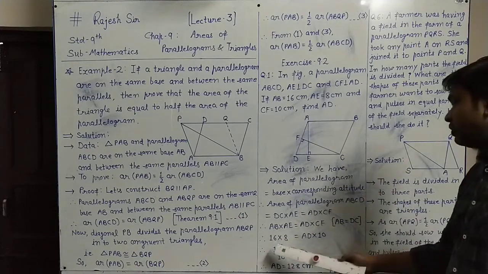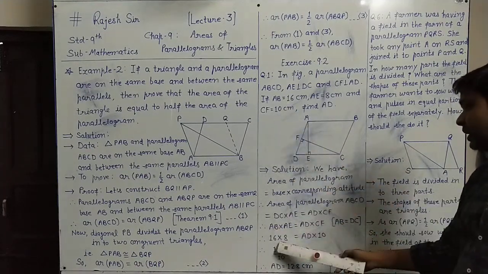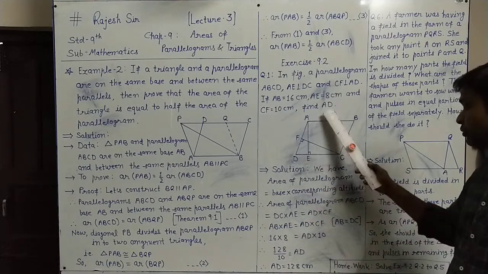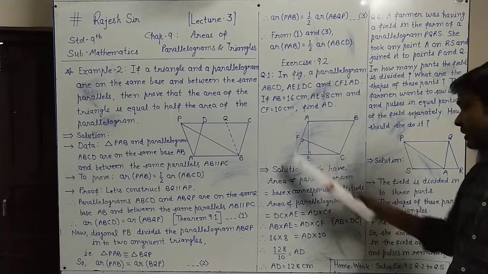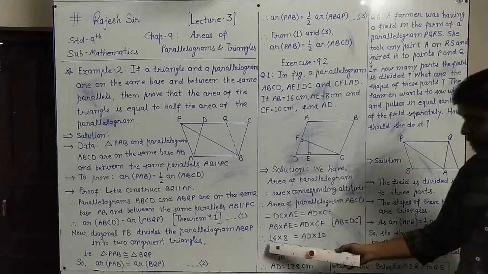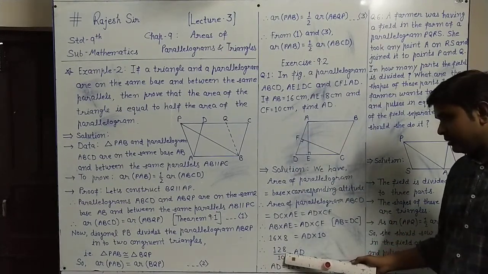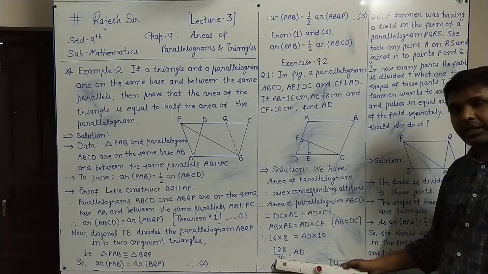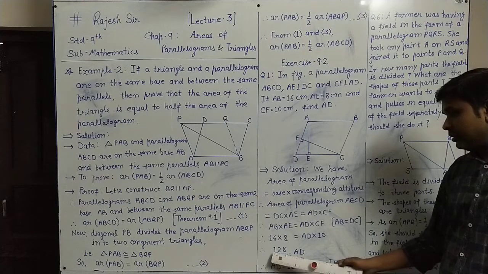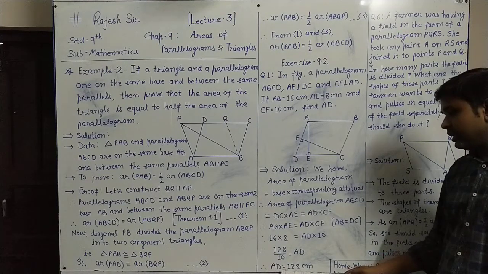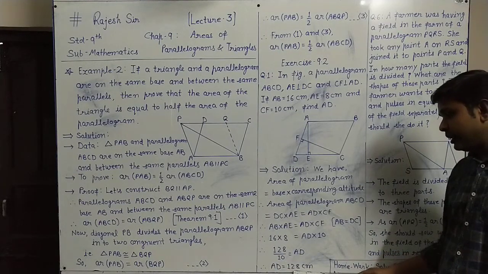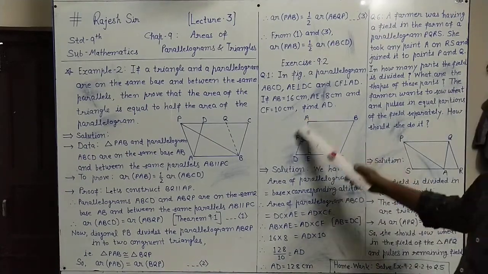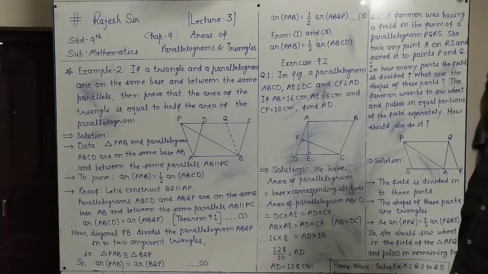Now place all the values given. AB is 16 given, that into AE is 8 given, equals AD, which we want to find out, into CF, which is 10 given. Multiply these two, 16 eights are 128, and this 10 goes to the division side, equals AD. Therefore AD equals 128 divided by 10, which will give 12.8 centimeter. So this is our AD. The length of AD is 12.8 centimeter.